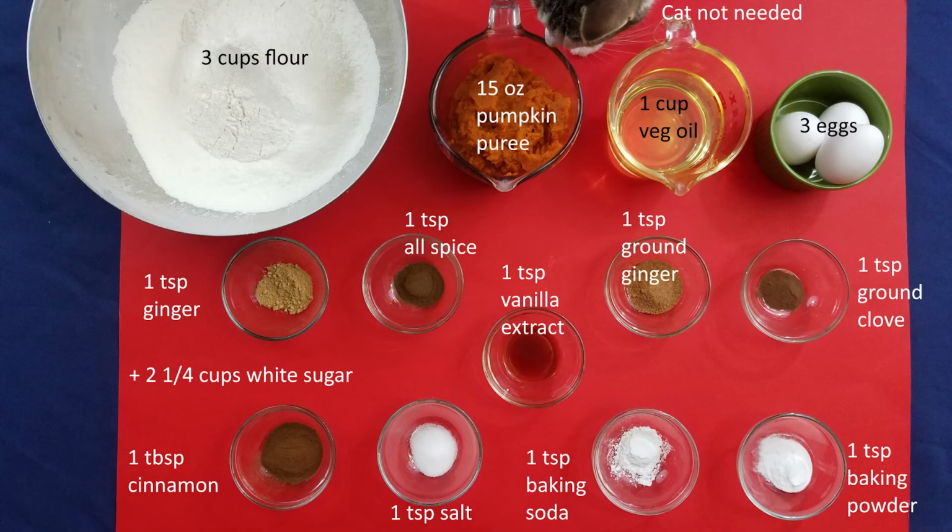Now, for our ingredients, we will need 3 cups all-purpose flour, 1 teaspoon salt, 1 teaspoon baking soda, 1 teaspoon baking powder, 1 tablespoon ground cinnamon, 1 teaspoon nutmeg, 1 teaspoon ground clove, 1 teaspoon ground ginger, 3 eggs, 1 cup vegetable oil, 1 teaspoon vanilla extract or vanillin, 1 15-ounce can of pumpkin puree or a half of one of the 29-ounce cans, and finally 2 1/4 cups of sugar that escaped the picture and has been on the